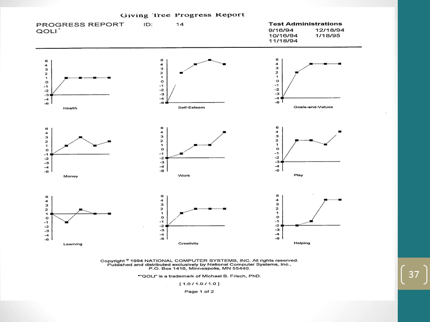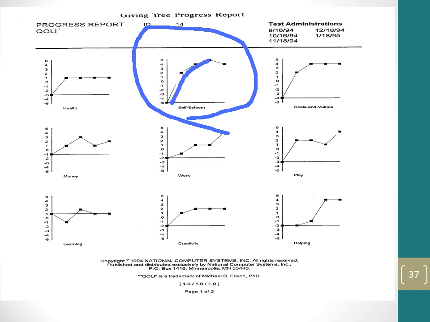Now, in the Pearson Progress Report, we see a graph of multiple administrations of the QOLI. We can watch the overall score go up and down. We can watch the Sweet 16 go up and down. Here's self-esteem. It kind of goes up. It's going up here, which is really important. And it's pretty much staying up there. We want to watch this to see if it goes down. If it goes down, we want to fine-tune our treatment and go back to the